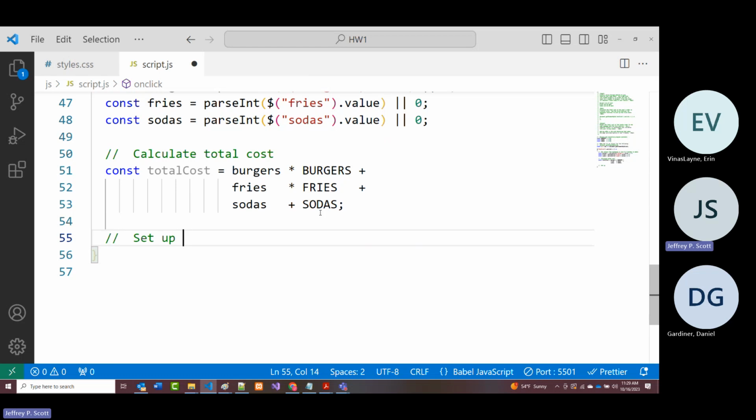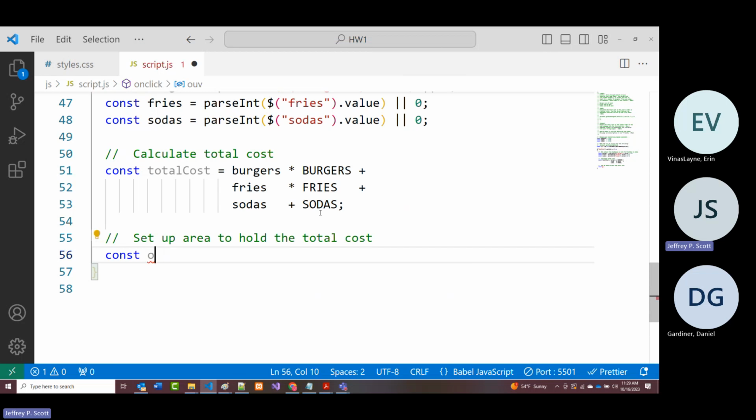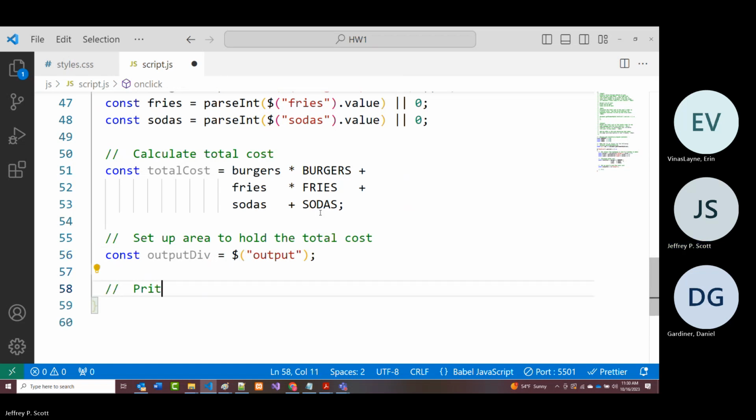So set up area to hold the total cost. All right, so that'll be const output div equal, and I'll go back over all of this in just a minute. Print it. Print out total cost,